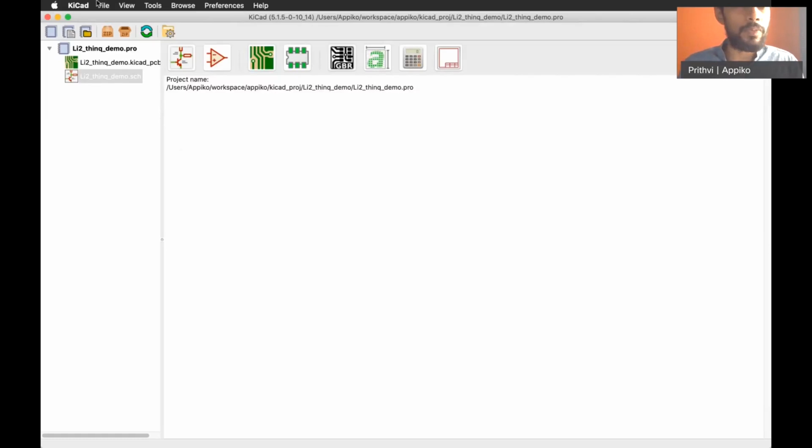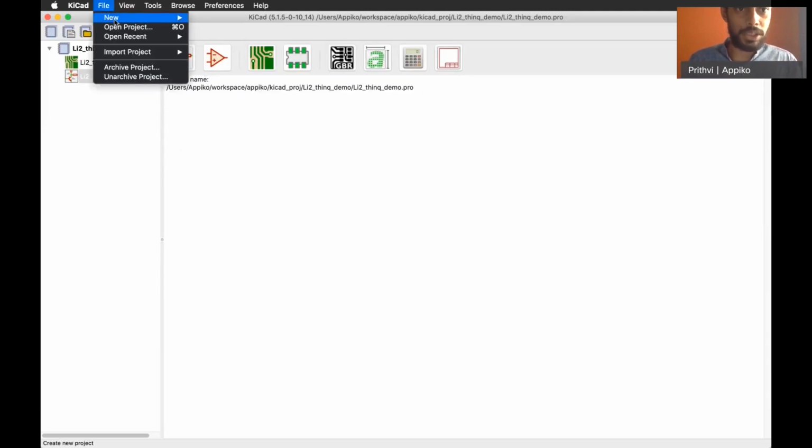To start off with, let's make a very simple PCB design to go over the flow of KiCad. So we'll make the schematic and then the PCB, then generate all the design files and then upload it with the manufacturer and see how we can get them manufactured and delivered to us. For that, let's make a new project.